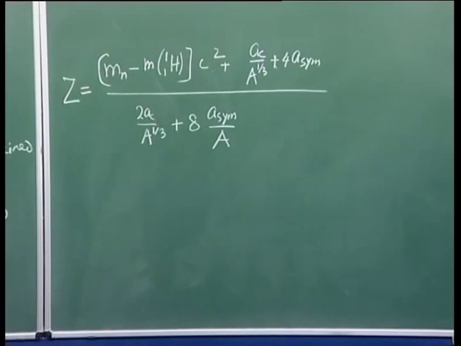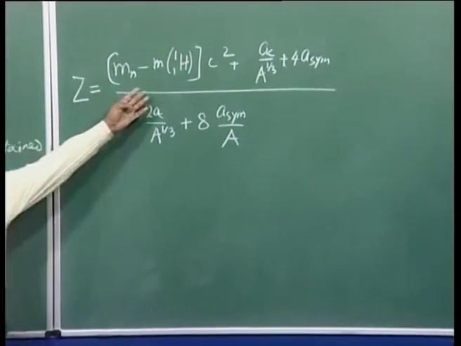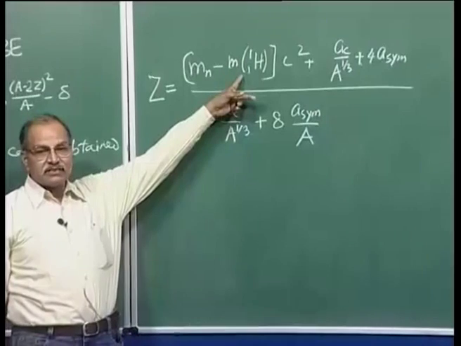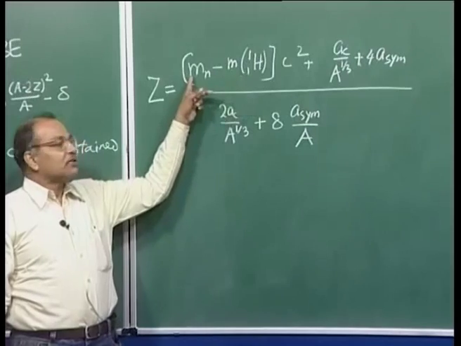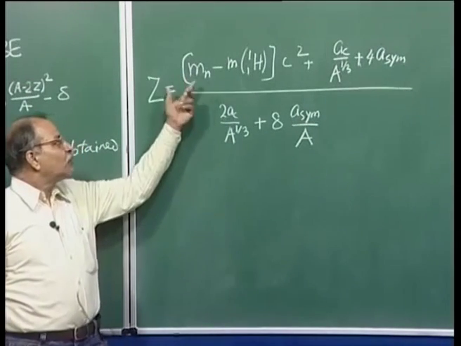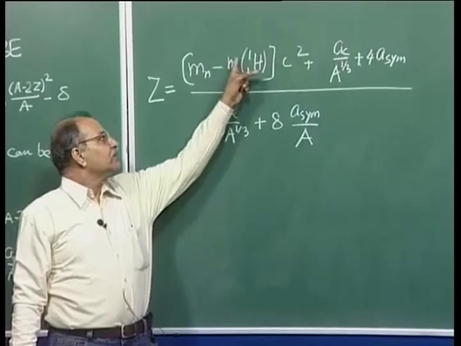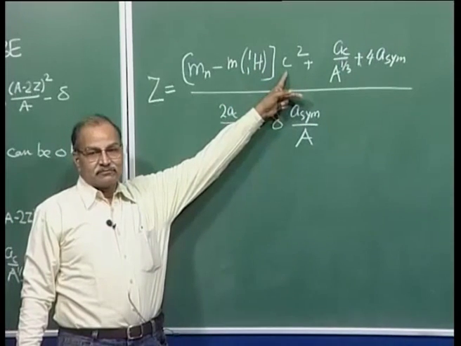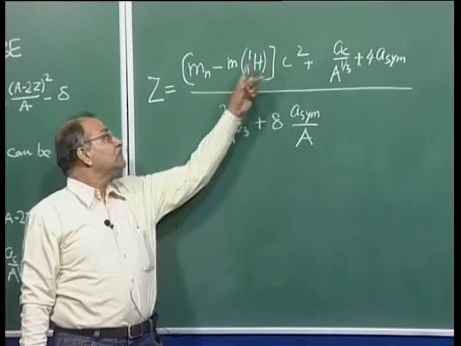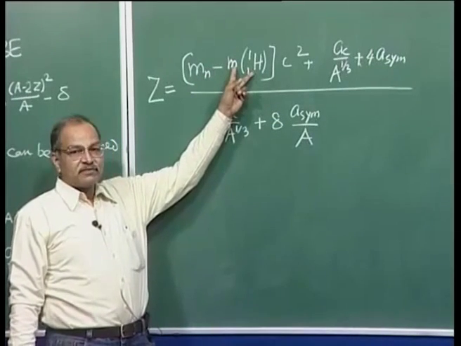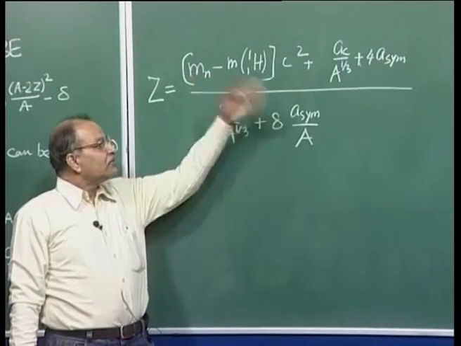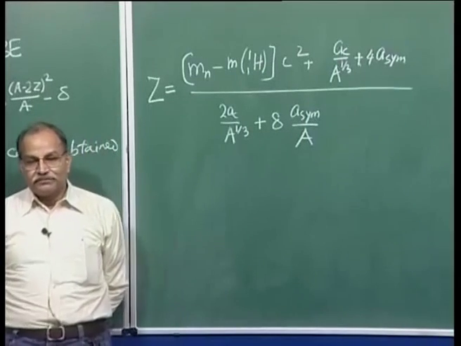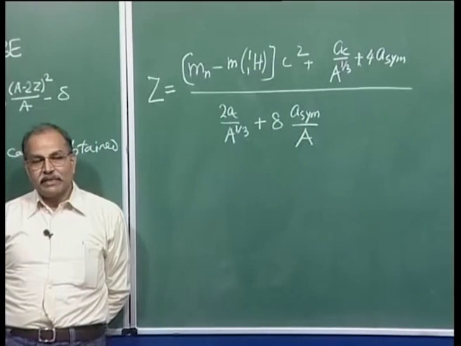Okay. Now let's take some numerical values. You have the data for this, we just solved the problem. Mass of this hydrogen atom is there on your notebook. Mass of neutron you have. Just tell me how much will be Mn minus this M1H1 into C square. Make this calculation. You subtract this mass of hydrogen atom from the mass of neutron in atomic mass units and multiply it by 931. That will give you the value in mega electron volts.